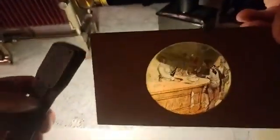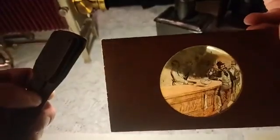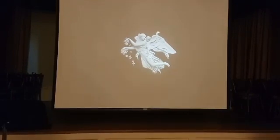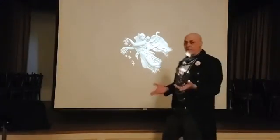And then here's a transfer slide here too. I don't know if you can see that one too well, but it's a scene in a bar here. And I'll throw that up on the screen so you guys can check it out. So, as Joe was mentioning here, I'm just going to pop around here real quick. So, as Joe mentioned,